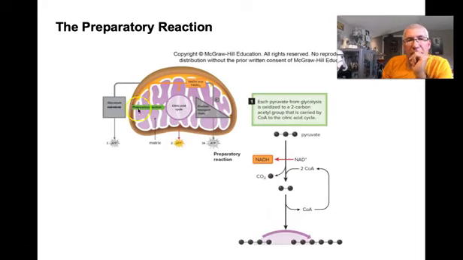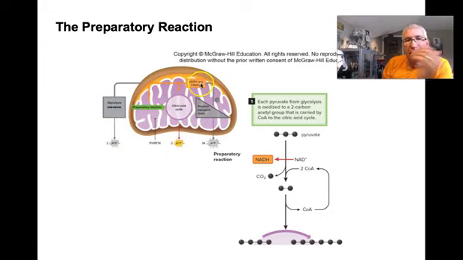Okay, so again, the preparatory reaction, I've really never heard of this, but we have glycolysis that works out in the cytoplasm, away from mitochondria. We only get 2 ATP. The citric acid cycle will produce 2 ATP, and this is basically these